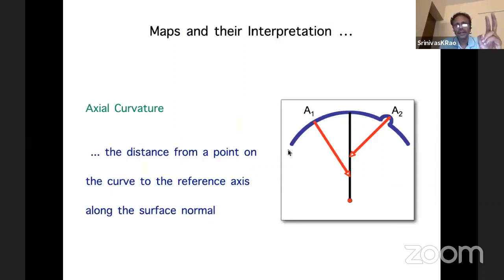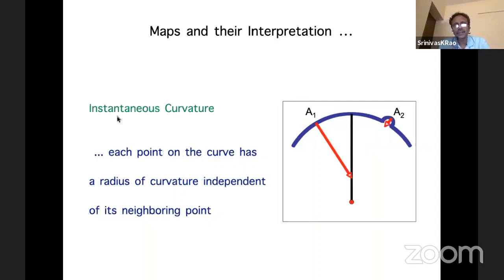Now, two important aspects of these maps that you must understand is there's something called the axial curvature on a topographic map, the Placido-based device. What this is, a point is dragged back to the principal curvature ray, and therefore there is some kind of a normalization that occurs. Each point is supposed to relate to the point next to it, and therefore the map that you get will be an average map which is quite uniform.